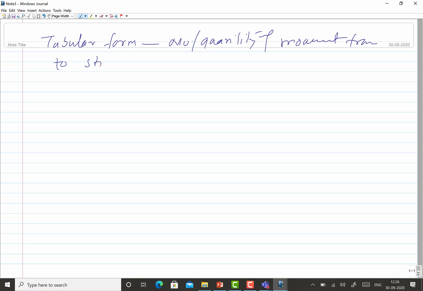Okay, so the travel chart, as I said, is in tabular form and shows the number or quantity of movements from stations to stations.